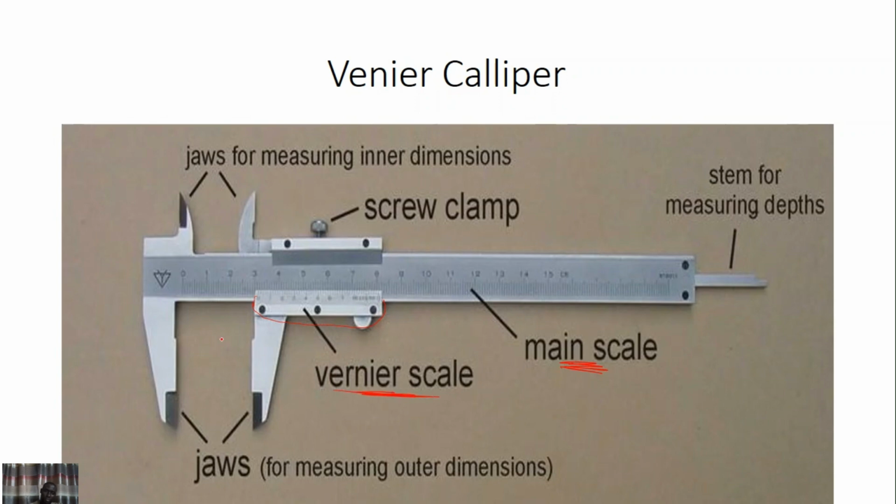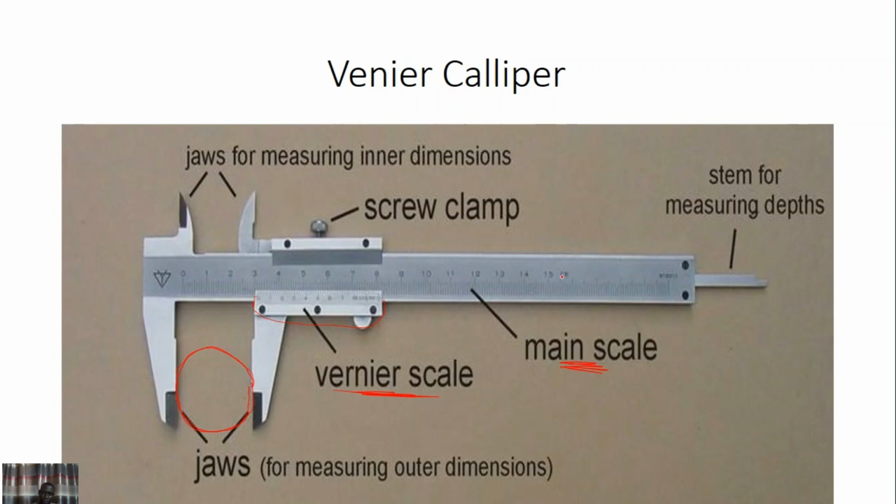Okay. If you want to measure with a Vernier caliper, it's actually used to measure the diameter of a spherical object. And the spherical object is usually kept here at the jaws. The Vernier scale is usually adjusted to grip the spherical object you want to measure. Okay. And after that, you take a reading from both the main scale, this is the main scale here,